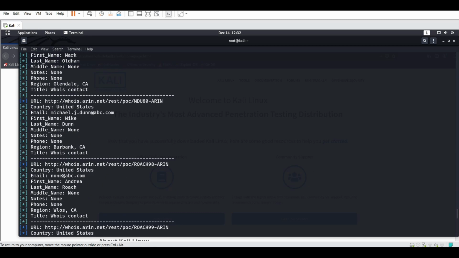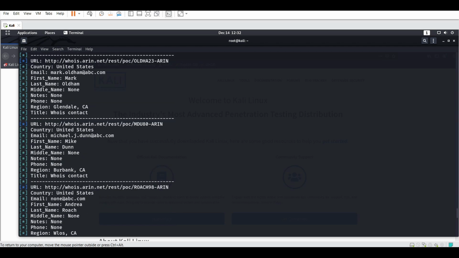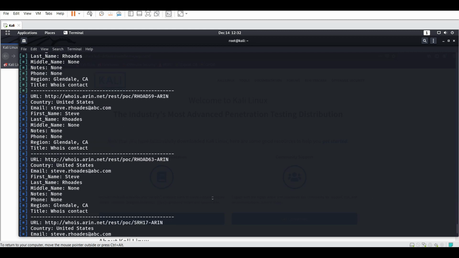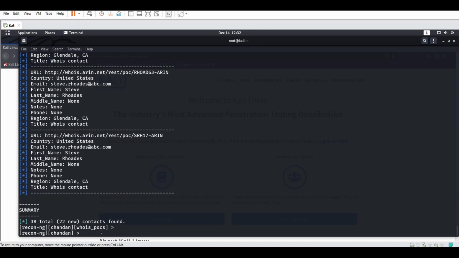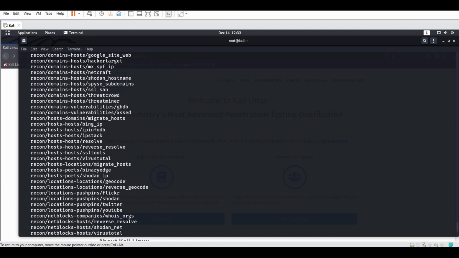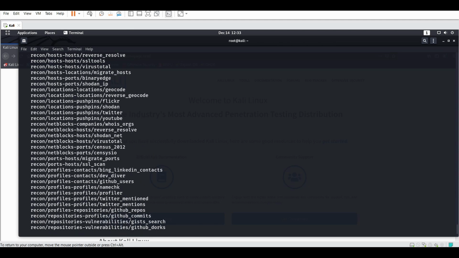And lastly, I will do one more workspace related to that. That is for profiler. Let me press Control C. Now marketplace module search. Let me go for profiler.